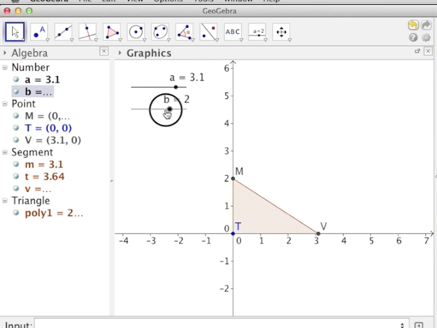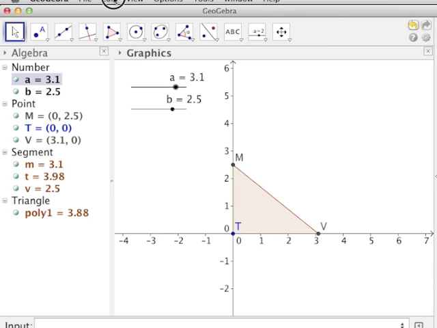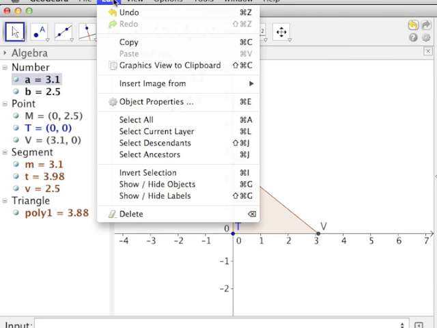And likewise, if I move around b, I still maintain a right triangle. In fact, one other thing we can do, just to visualize this more easily, we can select one of the sliders and then go to Object Properties,